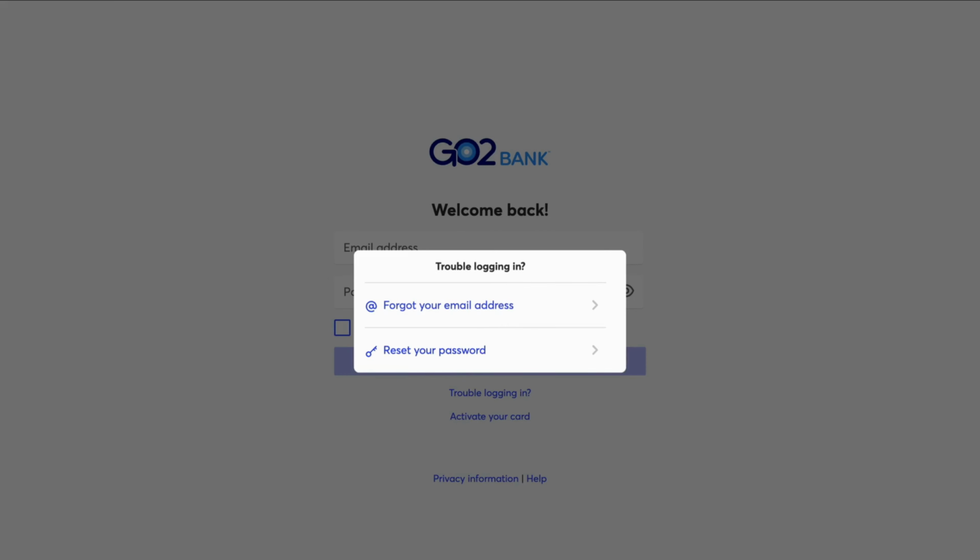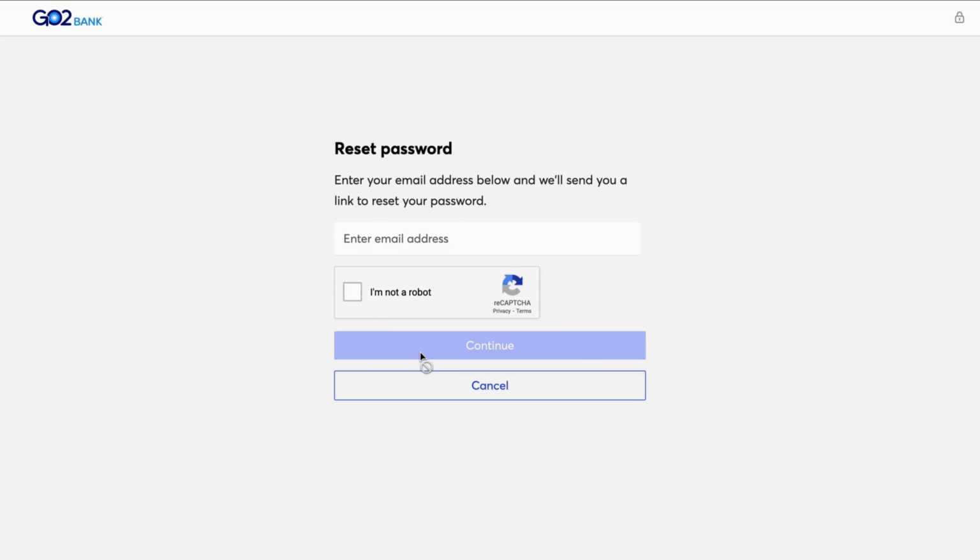So for example, let's say that you have forgotten your password. So click right here, and then you will need to enter your email address and then also confirm that you're not a robot, as you can see. So enter your correct email address that is connected to your GO2bank account. What will happen then is that you will need to, of course, also click on continue, but you will get an email